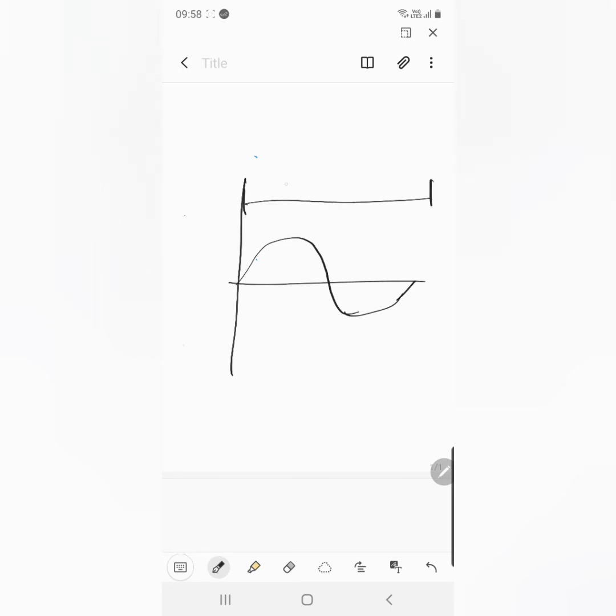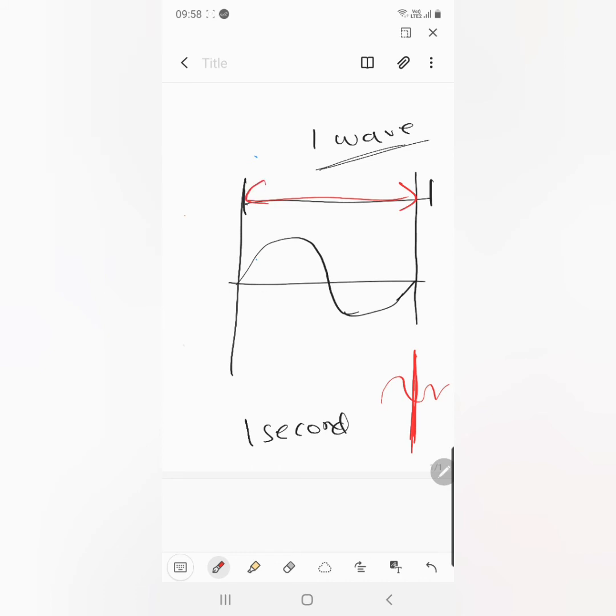This whole bit is a wavelength, one wave, and the number of waves in 1 second that passes through a certain point. Say you start here and you say wow, and then the number of waves that pass through this, the number of wows is the frequency, yeah? So waves per second is frequency. My understanding is hertz, but